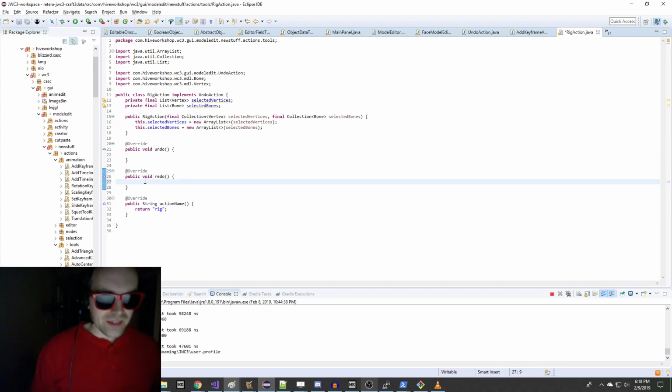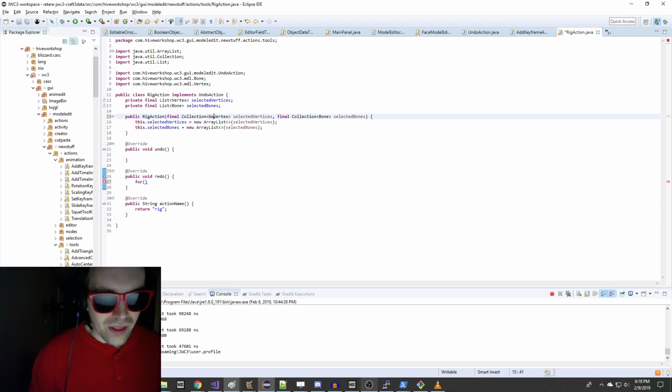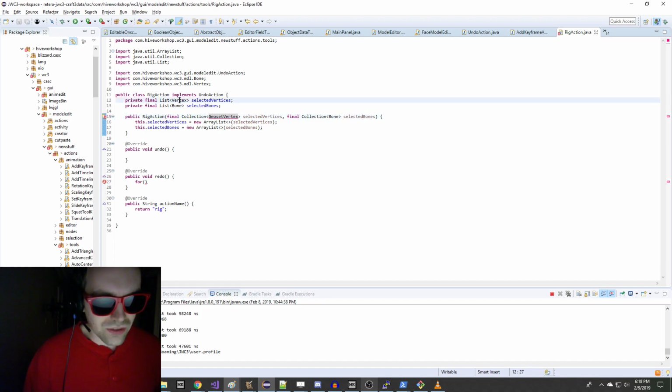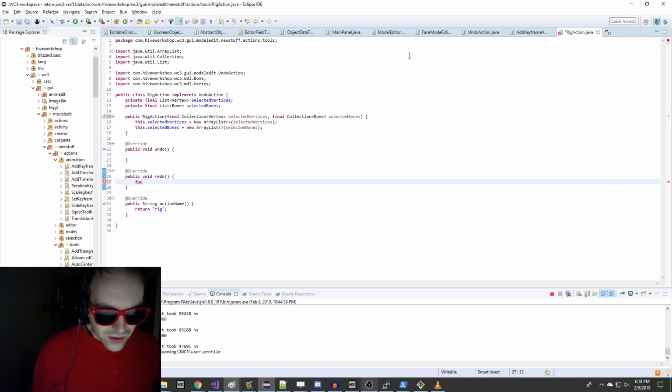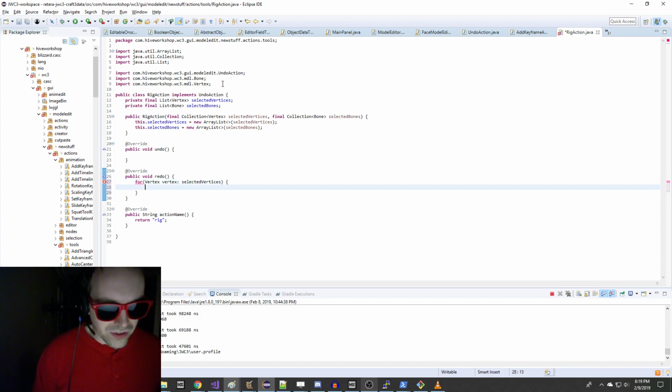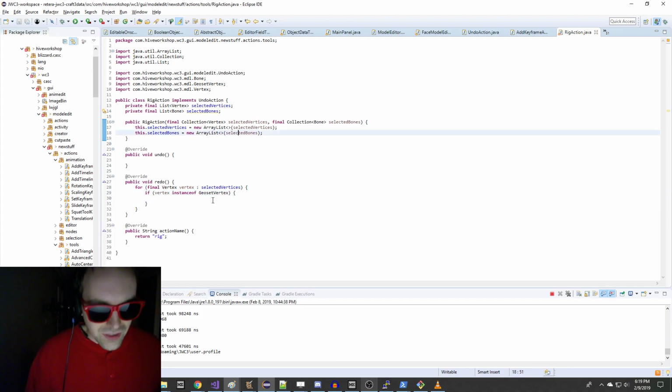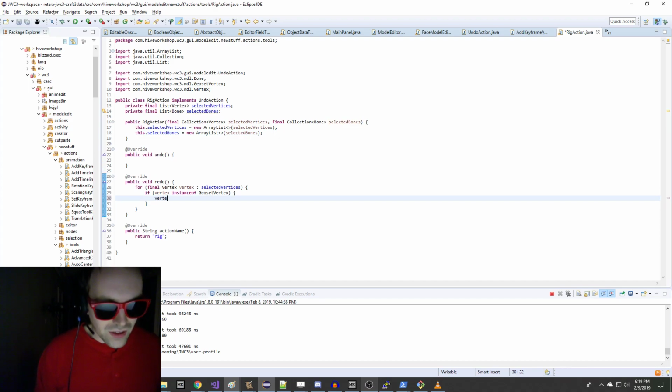To redo a rig, the concept of what we're doing actually gets even better than this. Rather than vertex, we're going to make them a list of geoset vertices. I guess we could do vertices, but there's this trick here. For every vertex in the list of vertices, and if you go to a professor and ask him how you should code, he'll tell you don't code like this. But the key is, we just want to say if the vertex is an instance of a geoset vertex, and if this thing we're looking at is a geoset vertex, then what you can do is